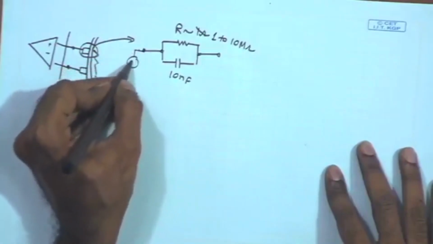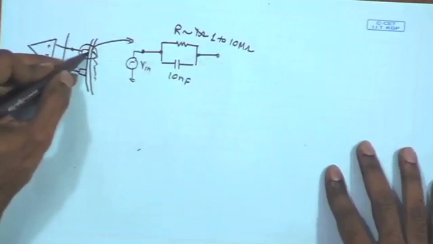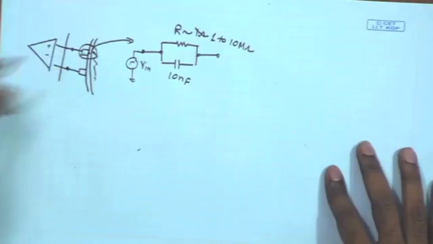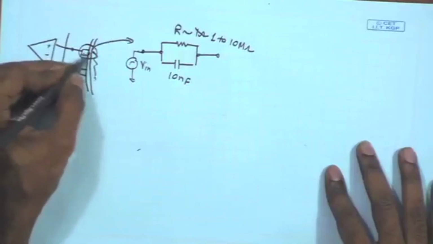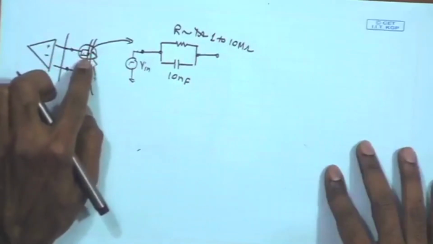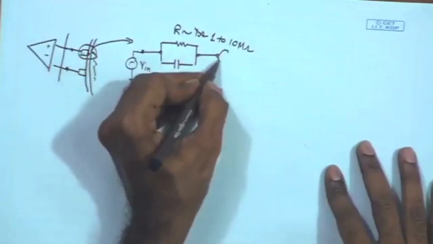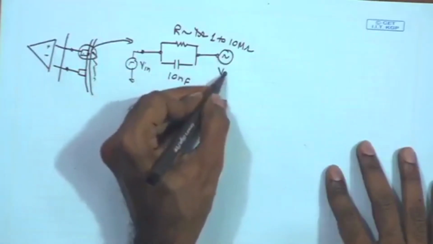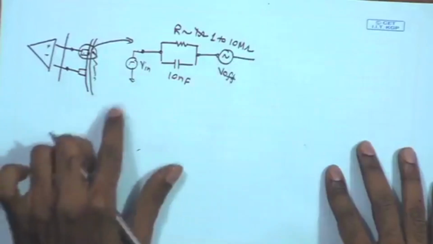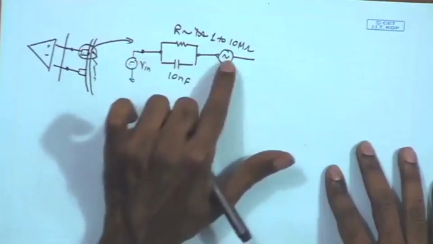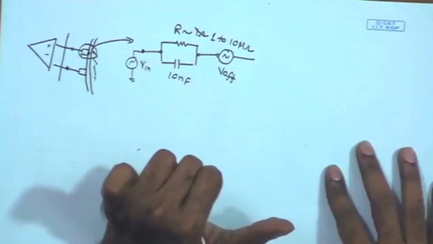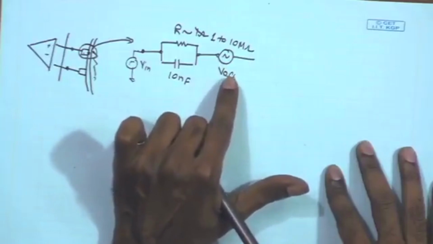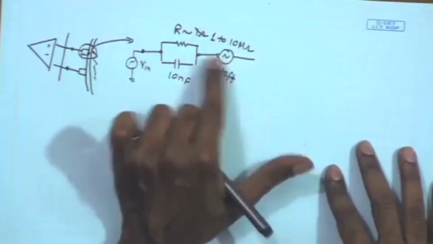So, you can assume that this is your V in that you are trying to acquire, and right at the interface of the electrode and the skin there can be a time varying potential because of the defects at the interface or because of the artifacts at the interface. So, that also in general is modeled as a time varying signal. We can call it V offset, which is the property of the electrode and skin interface. This is not a desired signal, but it can be much larger in magnitude and it can overwhelm your desired signal. So, these kinds of signals are always dominantly present whenever you are looking at contacts of